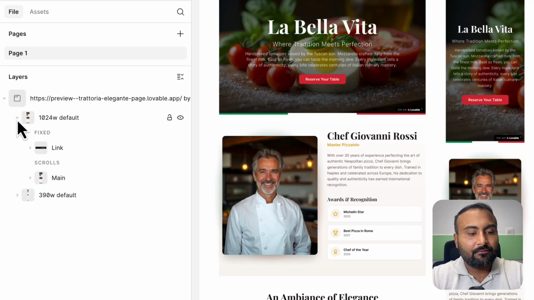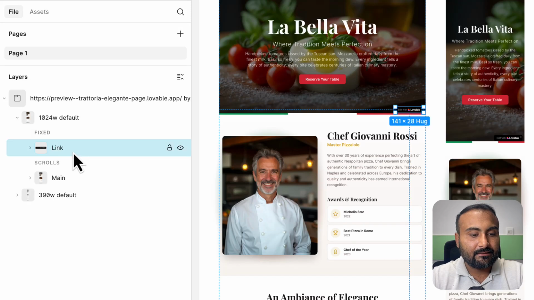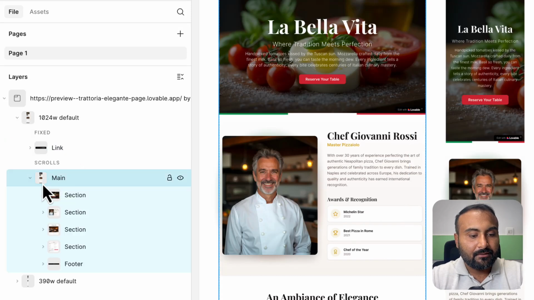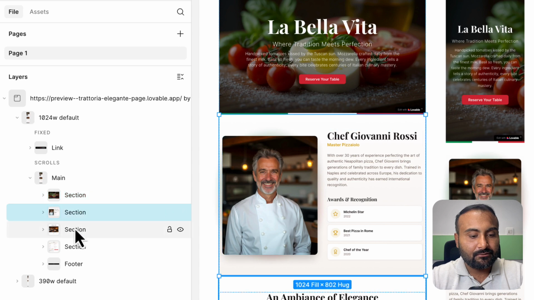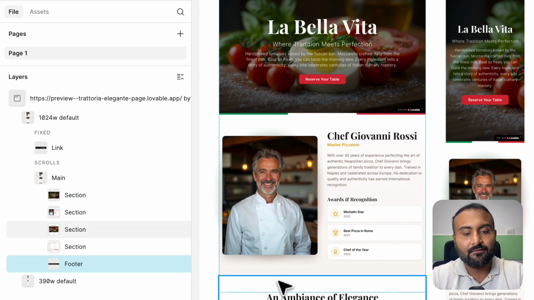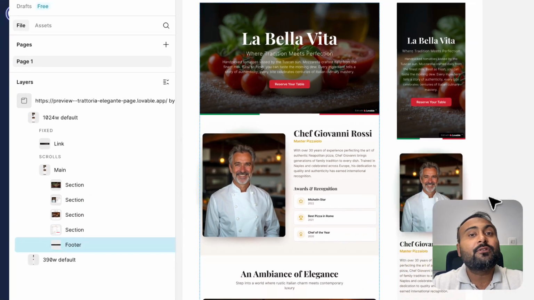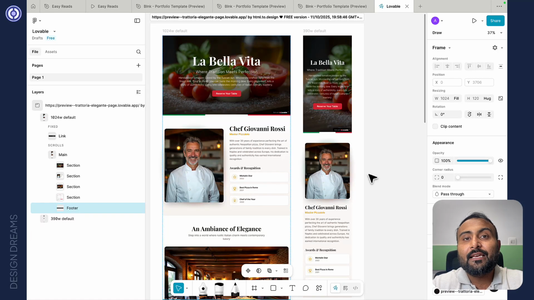Let's open the desktop variant. You have links, you have main body. Open main body. You have section 1, section 2, section 3, section 4, and section 5. Pretty well organized. And you can use this technique to download any website from the web and directly import it into